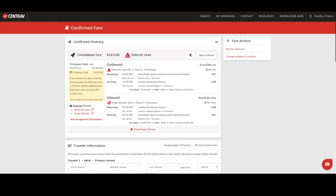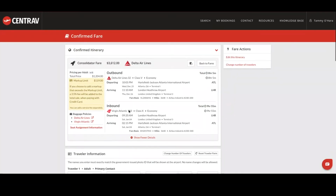All right. And again, you want to confirm. And it says if you choose to add a markup that exceeds the markup limit, a 3.5% fee will be added to the total price when paying with credit card. Another thing that I wanted to tell you about Centrav, which is also great, is that you can actually avoid these fees if you do what's called